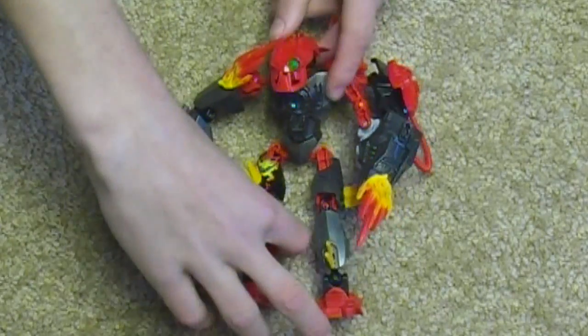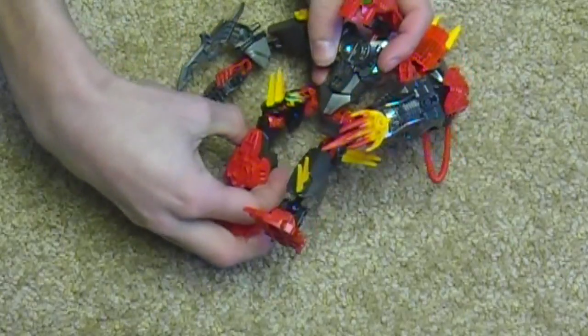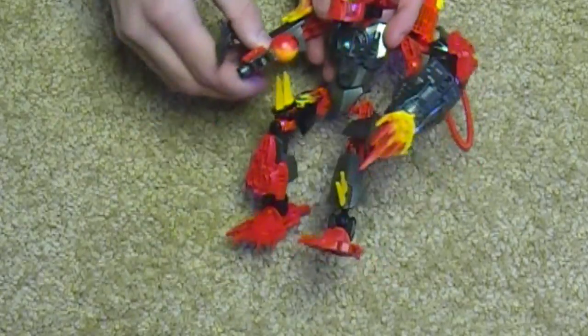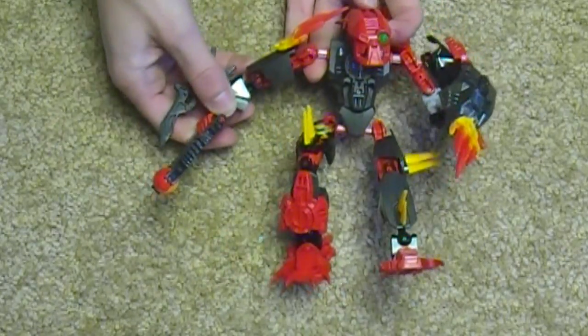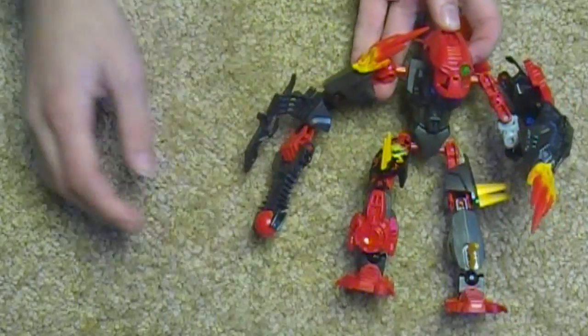But yeah, this is pretty much from looking at it and playing and modeling experience. He can do a lot of poses. His feet bend the whole way. His arms bend the whole way, completely around. Yeah, we'll do a comparison now to